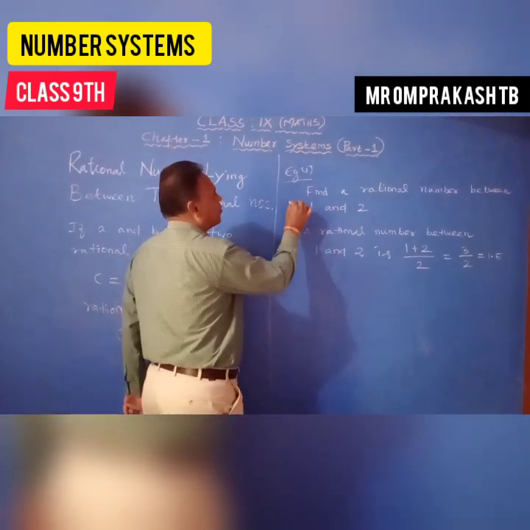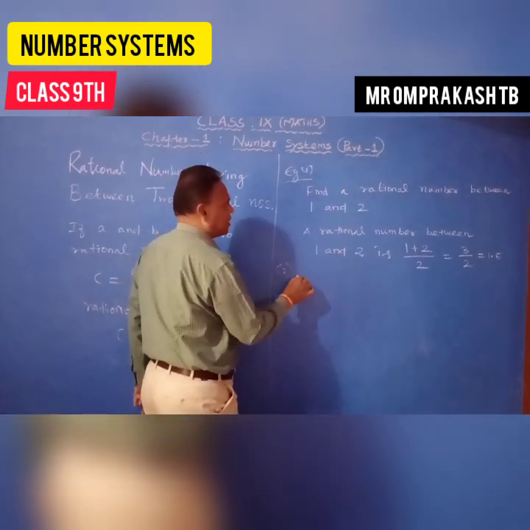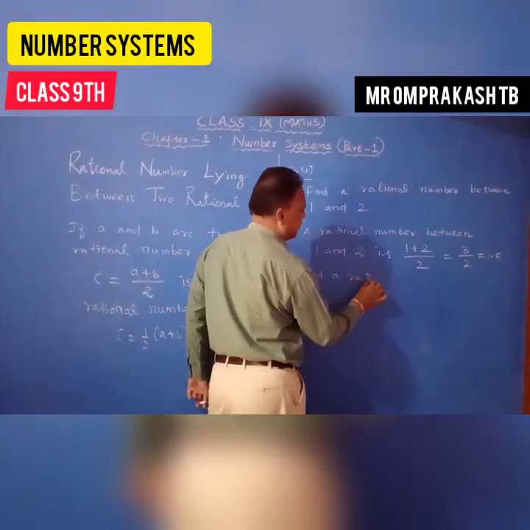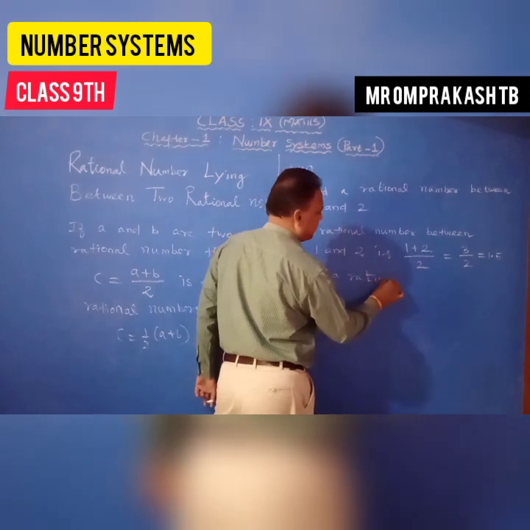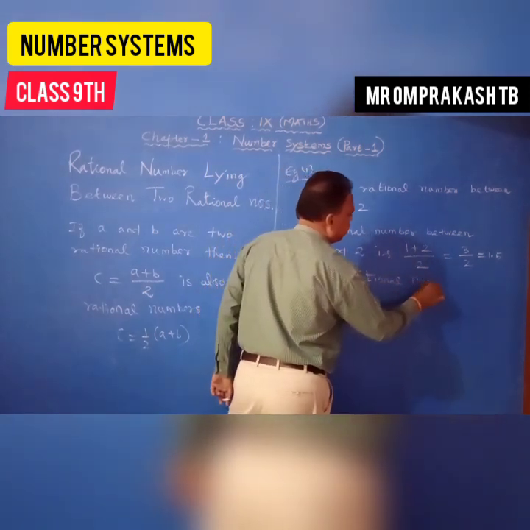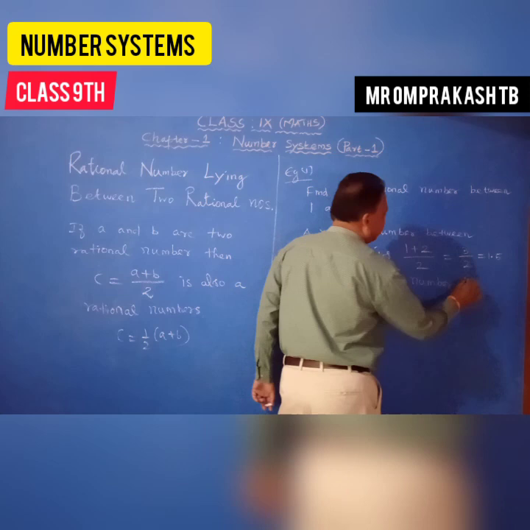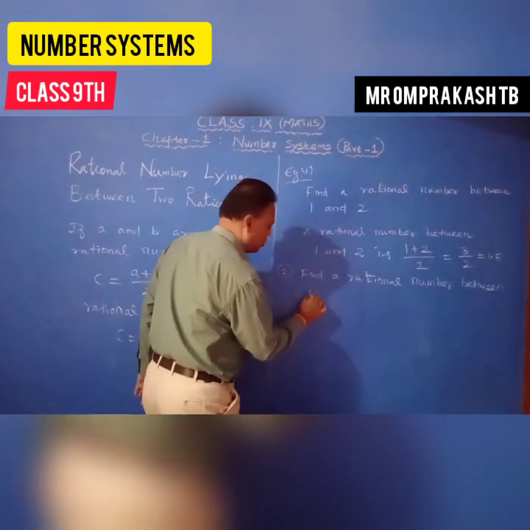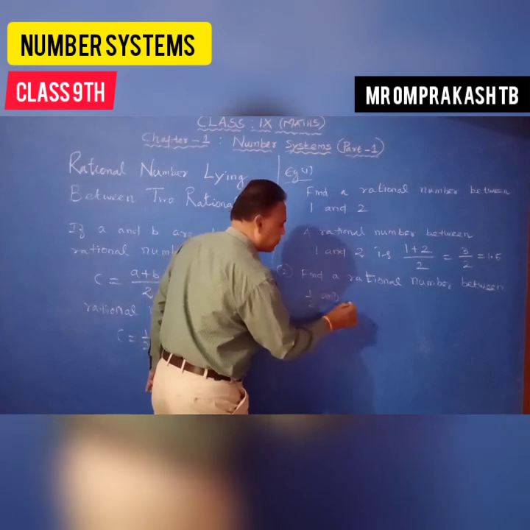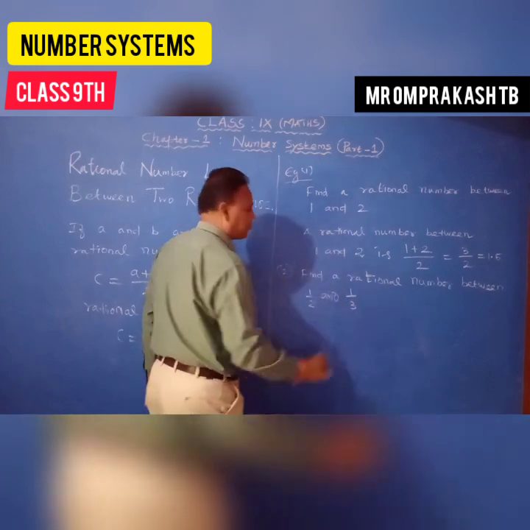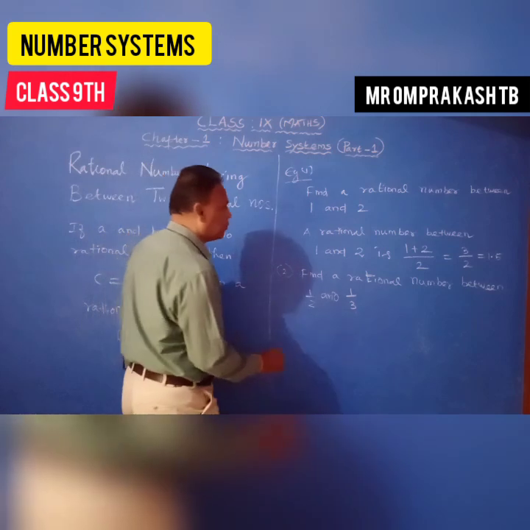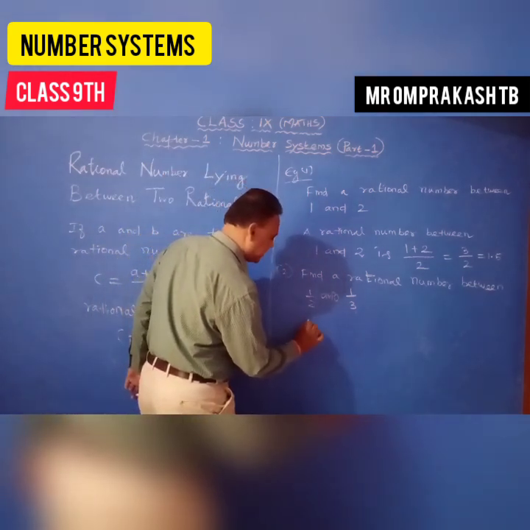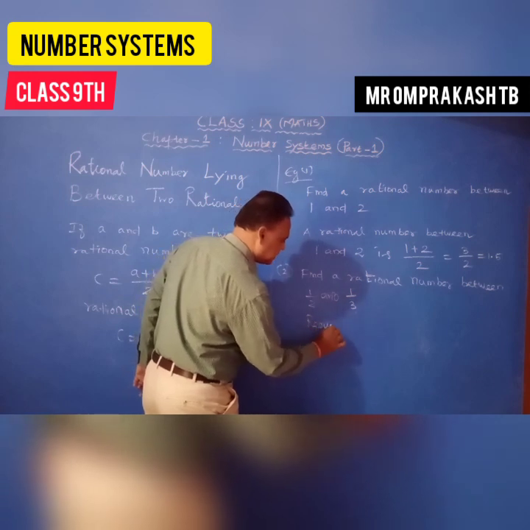Remember. Next, one more problem also. It's the second. Find a rational number between 1 by 2 and 1 by 3. Now how to do? The required rational number is, right? Simply you write, required rational number is